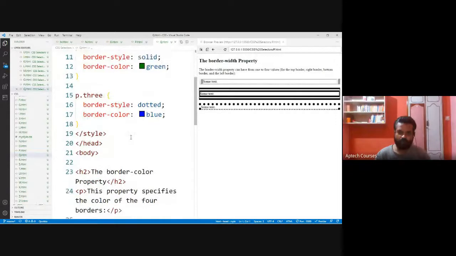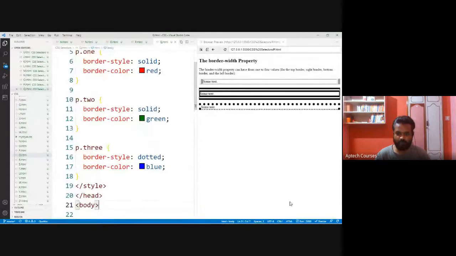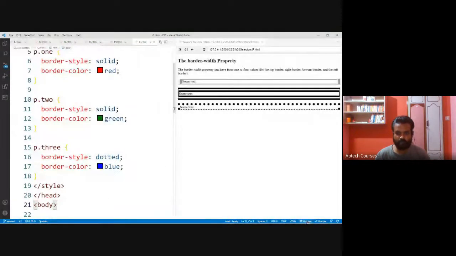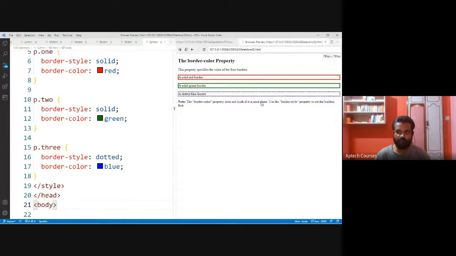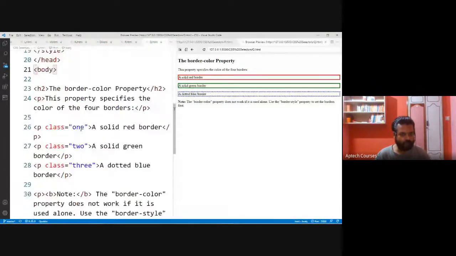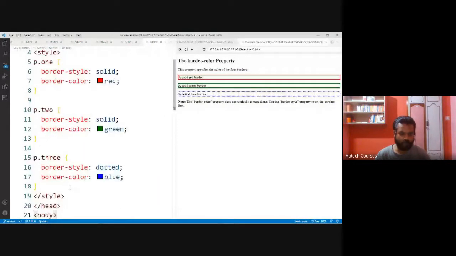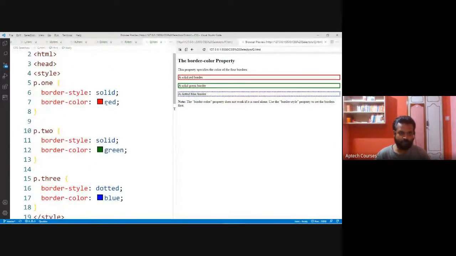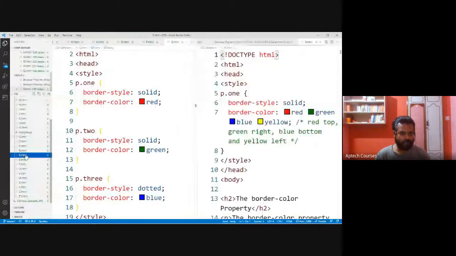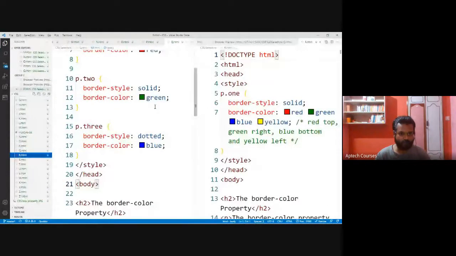And also we can go for different border colors. For each side we can go for a different border color. That is also possible. Let me show you that. See, different border colors we are getting here. Border color for four sides: only one color. But if I want a different color for each side, that is also possible.